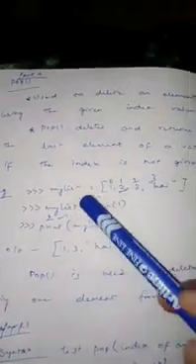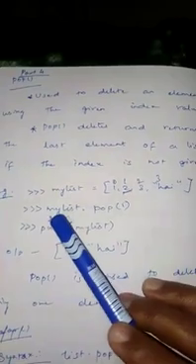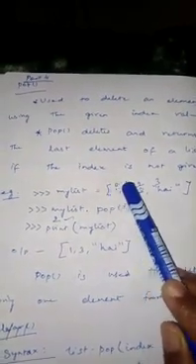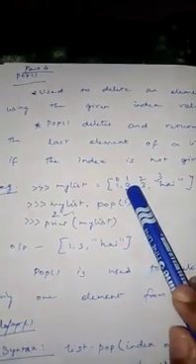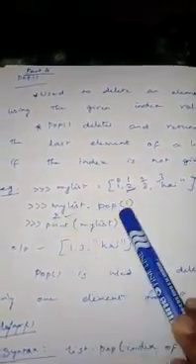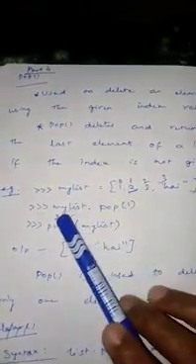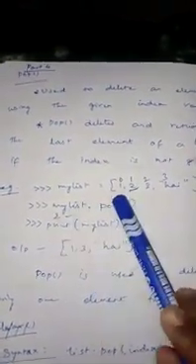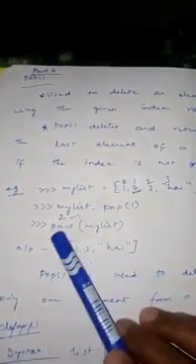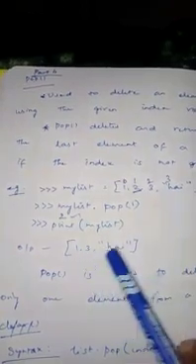So for example, we can see, my list is equal to 1, 2, 3, and hi I have given. So now my list dot pop of 1. So now the index value is 1. Automatically we can index from 0, 1, 2, 3. The index value 1 refers to the element 2. So after this line, this statement deletes the element 2. At the same time it prints the value 2, which is deleted. So now after deleting, when I am printing the list, the remaining will be printed. Print my list: 1, 3, hi will be printed.